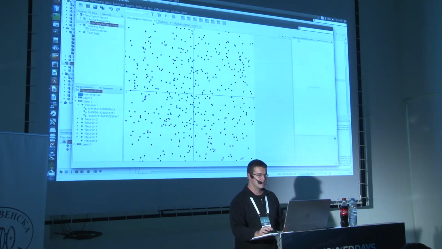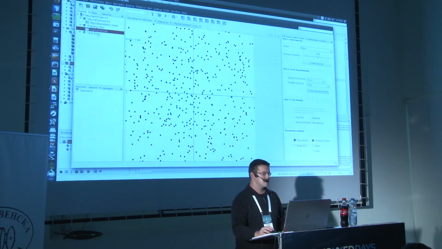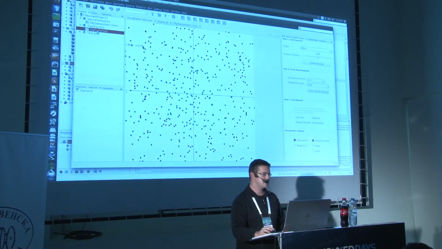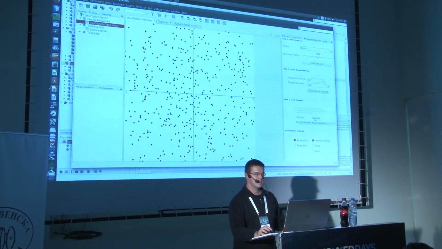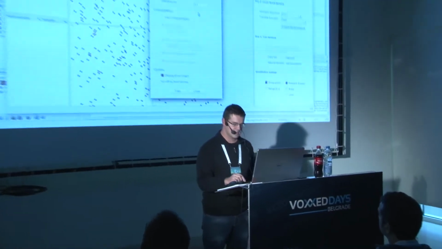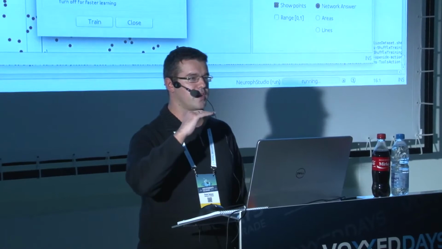In order to start training, you just need to drag and drop the data set to this field. Okay, we already did that. The data set is visualized. Then drag and drop the neural network. And that's when you say, I'm going to use this data set to train this neural network. And by clicking the train button, you start training. So we are going to put this maximum error, the error threshold when the network will stop learning, very low, so we can observe what's going on.